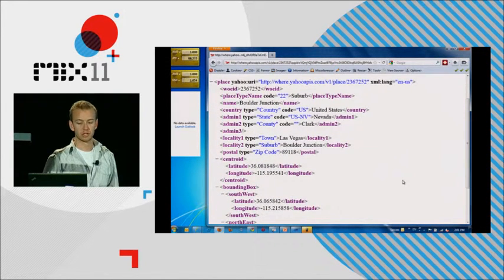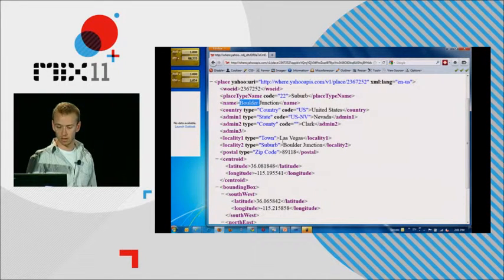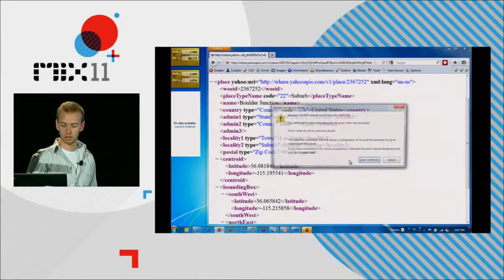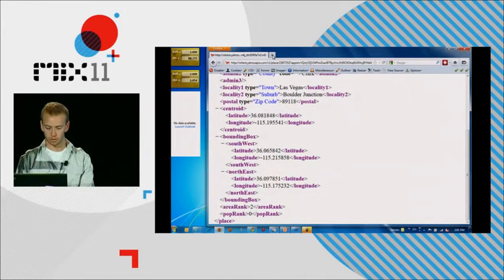And this here is actually returning a whole bunch of information about the place it's found, obviously. So it's given us the suburb of Boulder Junction, and then a whole bunch of information about what it's in, and then also the bounding box for it. So if we look at